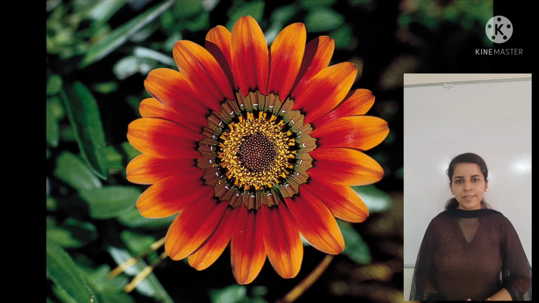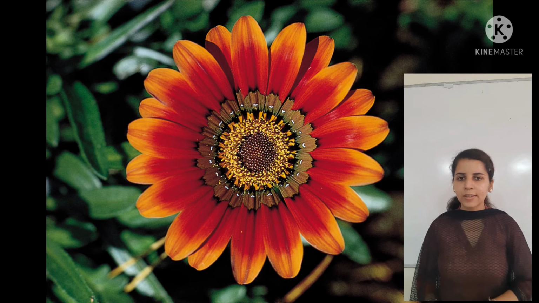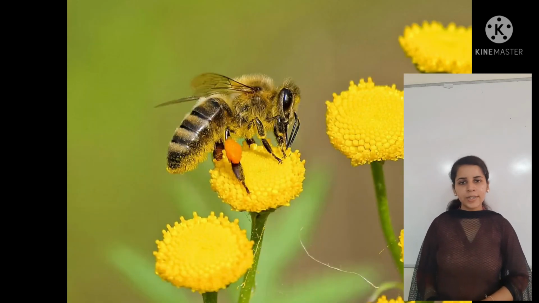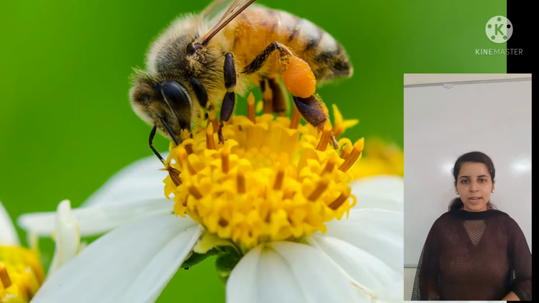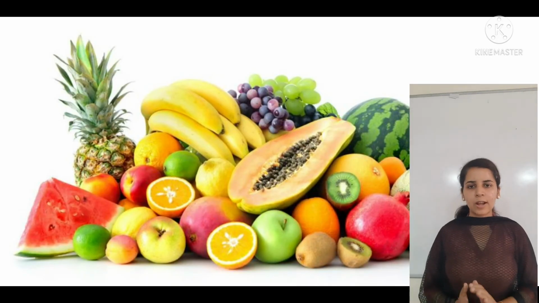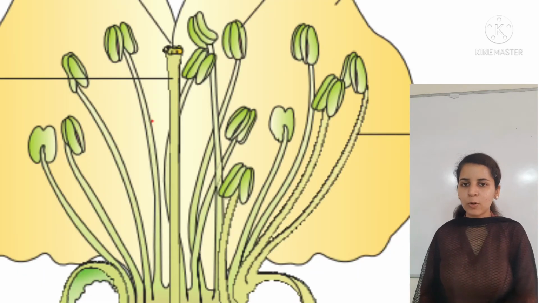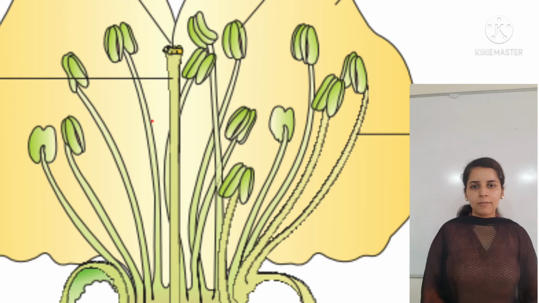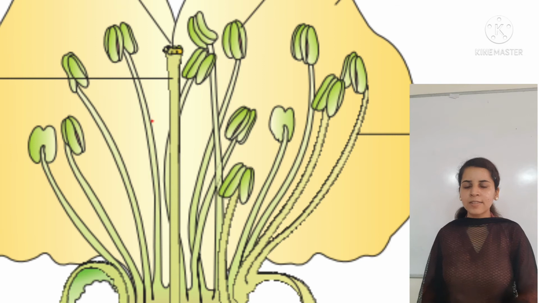So students, let's discuss the next part of the shoot system, that is called flower. Most of the plants have flowers, and they are of different size, shape and color, right? They are very beautiful and have sweet fragrance. So they attract butterflies and insects. Flowers produce fruits and seeds which help in production of a new plant. So we will say flowers also help in reproduction. And we eat flowers of some plants as food, like cauliflower and broccoli.